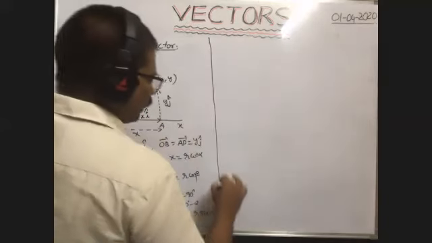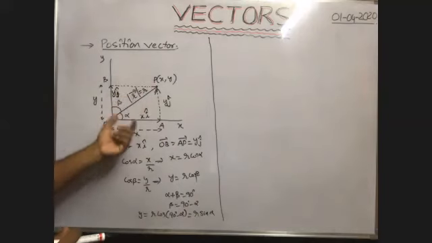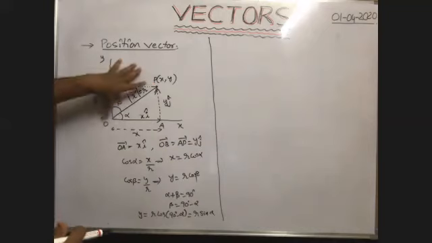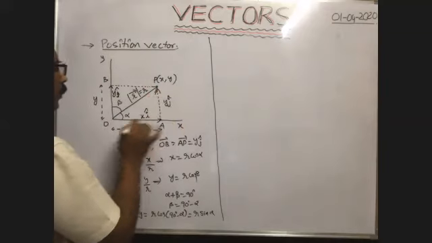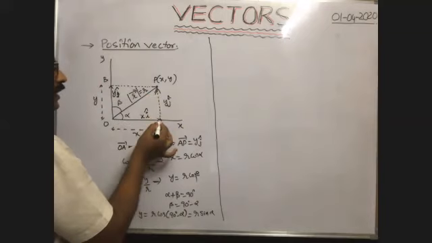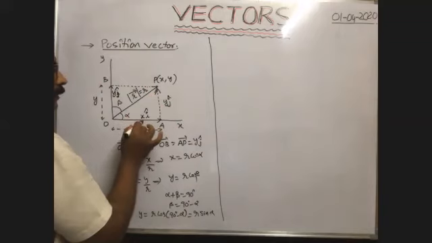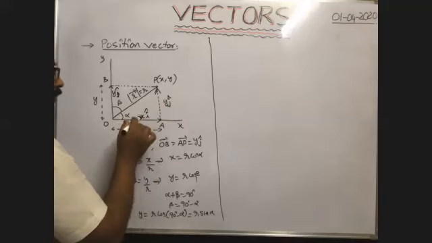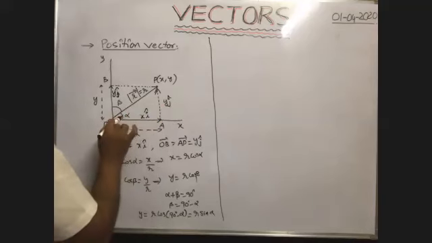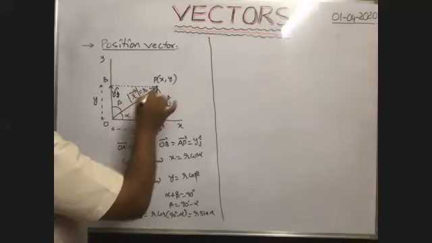Now, from the vector addition rule, can we add AP bar to OA bar? Because we need this R bar. From the diagram, you see, the initial point of this vector, that means A, and the final point of this vector, that is also A, both coincide. That's why this yj cap can be added to OA bar, this xi cap. When you add these two, the resultant can be obtained by the line joining the initial point of the first vector and the final point of the second vector. That means this one. This gives the resultant of these two.